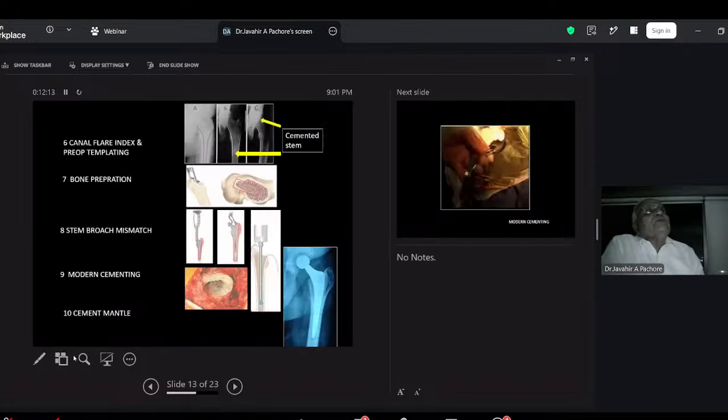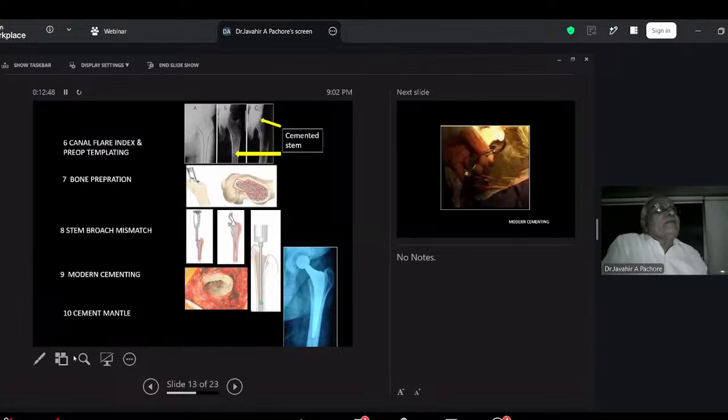The canal flare index, which I was just discussing, Ravi was talking about, the type B and C canal: we can do a cemented stem. Do not use a cemented stem in a canal A type. The reason is you have to ream the canal before you put the implant, and once you ream the canal, cemented stems do not do well because you have lost the cancellous bone, which is important for micro-lock. This also we learned from our own patients, because initially we didn't have uncemented stems